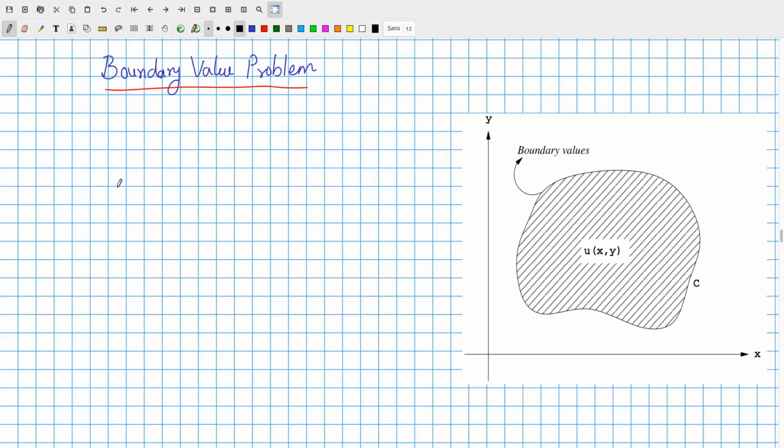In the earlier lecture, we saw how to convert a partial differential equation into a finite difference equation. We took many different partial differential equations, and using different finite difference schemes, we converted the partial differential equation into a finite difference equation, and we followed a certain scheme, which we discussed as